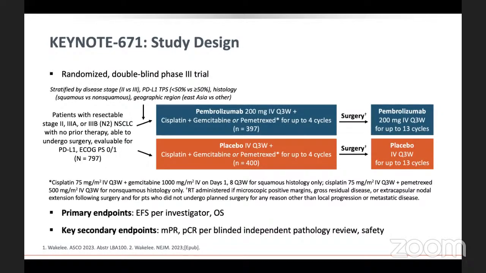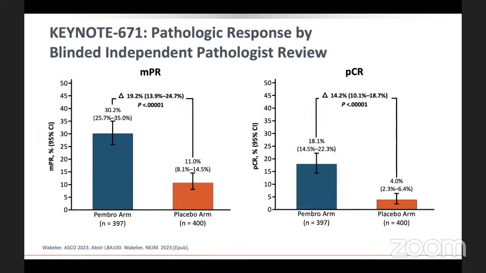Keynote 671 was one of the landmark phase 3 trials. It was a double-blind study where patients with resectable lung cancer were randomized to receive pembrolizumab with chemotherapy or chemotherapy alone for 4 cycles, followed by surgery. Similar results like the Checkmate trial were obtained in the Keynote 671 trial. A higher incidence of major pathological response, 30% in the pembrolizumab arm versus 11% in the chemotherapy only arm, and also the pathological response,